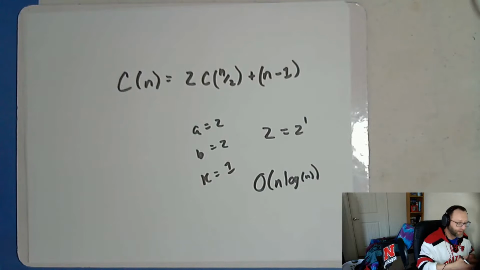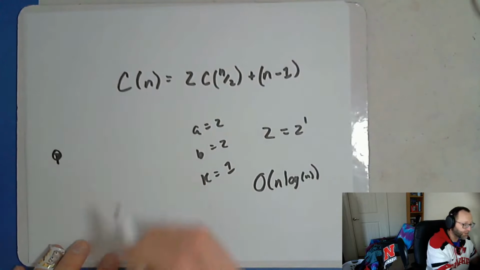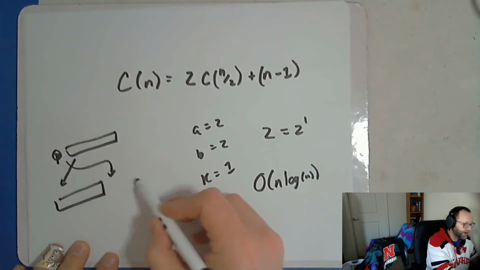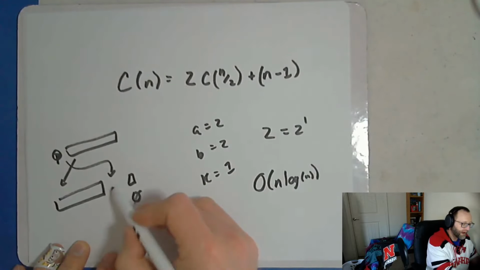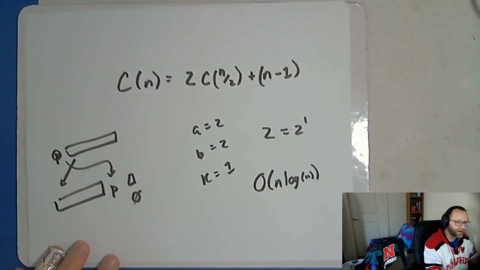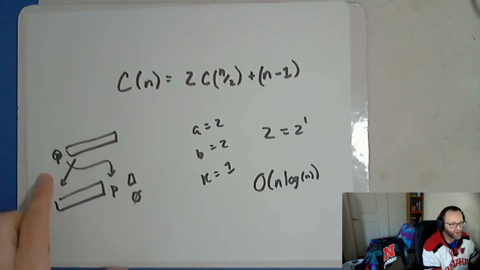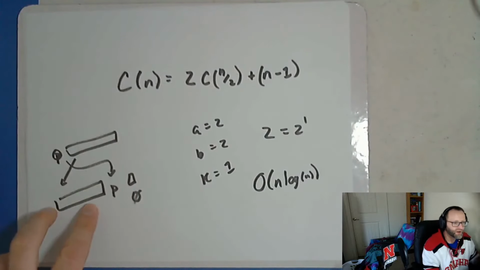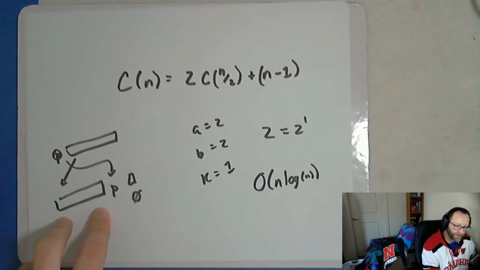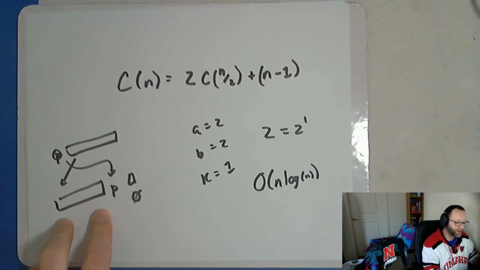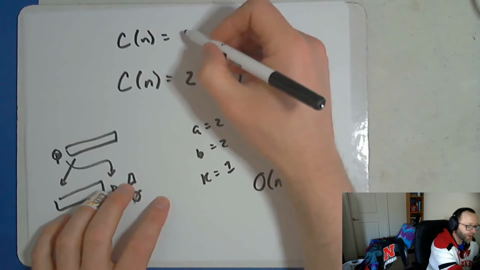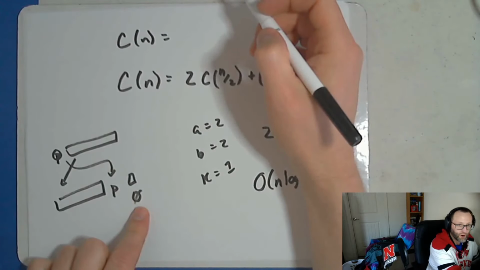Now there is a worst case here. The worst case would be when you choose your pivot element p, and everything else belongs on one side, and the other side is empty. You end up leaving p at the end, or at the beginning. In other words, it was already sorted, and your choice of pivot means everything stayed on one side, or you shifted everything over to the other side, making a linear amount of work even though it was already sorted, or already sorted in reverse order, in which case you don't have this recurrence. In the worst case scenario, you end up doing one recursive call because you don't need to make a recursive call on